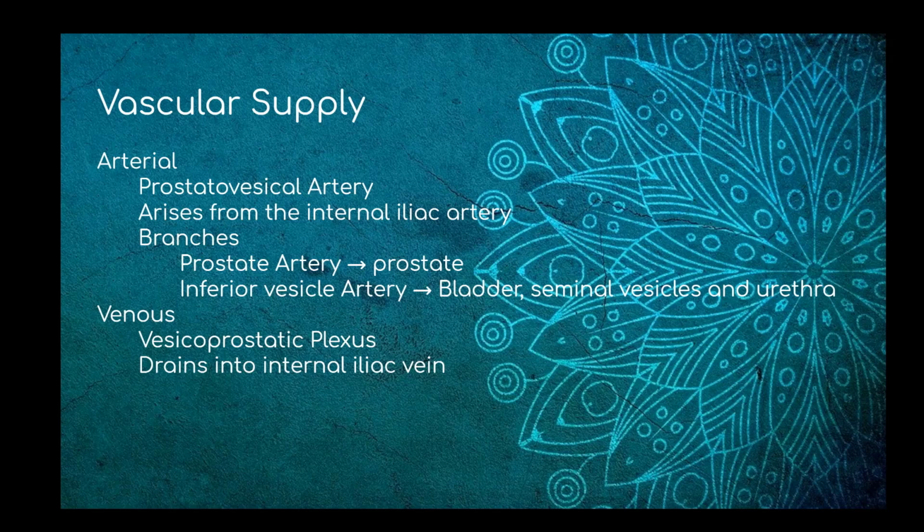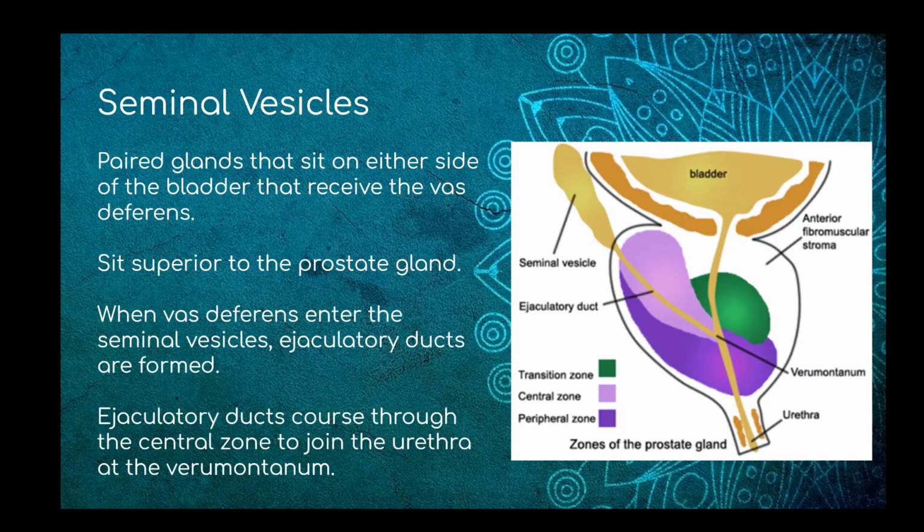As far as venous drainage goes, then we have the vesicoprostatic plexus. So those are veins that are draining from the prostate and the seminal vesicles, and those are going to go back to the internal iliac veins. The seminal vesicles we talked about briefly with the path of sperm and then semen. They are more closely related to the prostate, so we're going to talk a little bit about them in this section